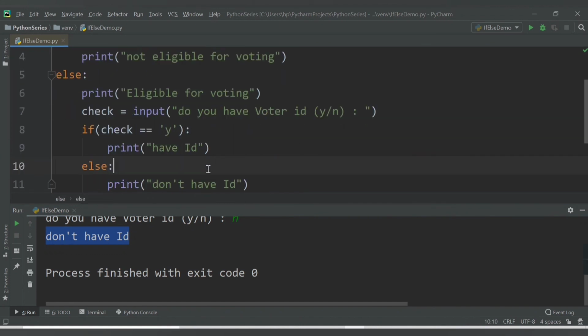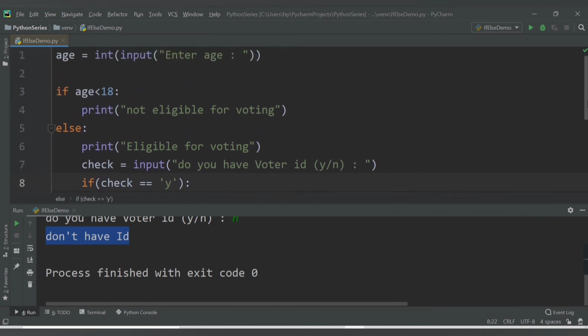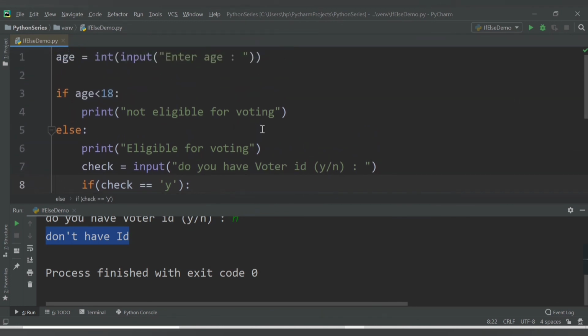Also we can have multiple inside this if block. We can also have another if else. So according to your requirement, you can make use of this if else block. We will see more on these details and more nested if else in advanced programming. So this was all about the elif statement and nested if else.